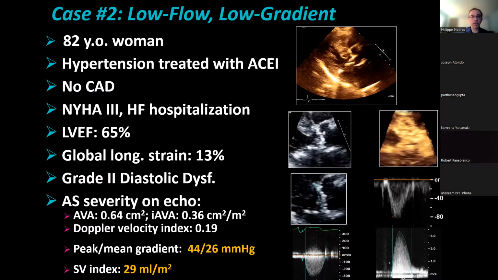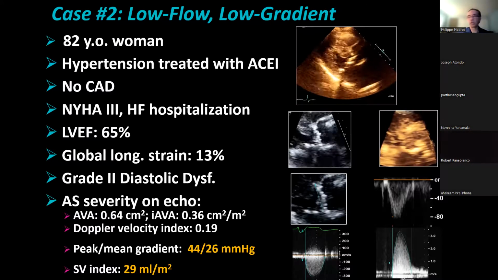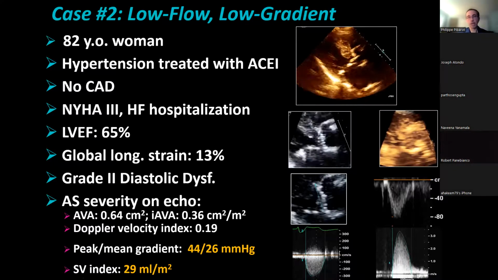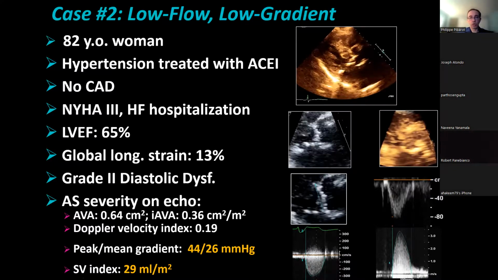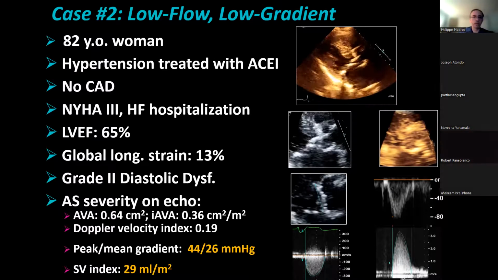AS severity on echo: 0.64 by continuity equation, index 0.36, Doppler velocity index, that I always like to look at, is 0.19. So all these parameters are clearly severe, but the mean gradient is only 26, okay? And peak gradient 44. So we have a discordance between the valve area versus the gradient. And this discordance may well be related to low flow state, because look, the stroke volume index is 29